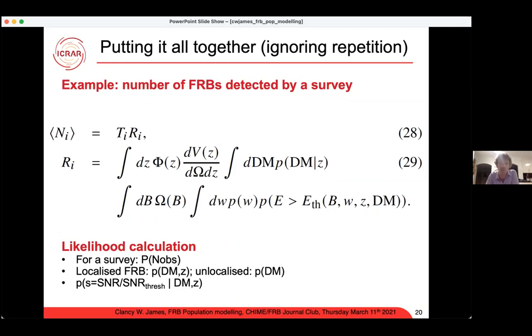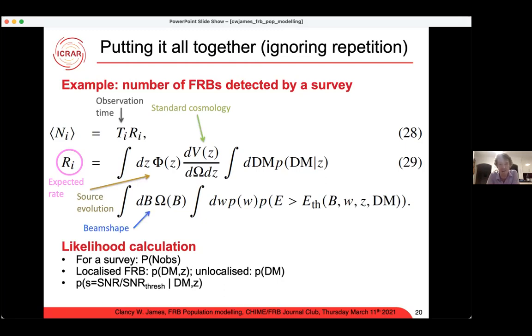Okay, and so the kind of calculation you do looks like this. This will be the only, well, actually, technically there have been other equations, but not really. So you want to estimate the number of bursts you see. It's simply observation time times the expected rate. That does not work if it's a repeater where you get weird bursty things in non-Poissonian distributions, but okay. The expected rate is, well, you need to integrate your source evolution over redshift, right, with standard cosmology thrown in. Depending upon where you sit in the H0 debate at the moment, your definition of standard cosmology might be different to mine, but okay, take something that's not too bad. You need to care about integrating over your telescope beam shape, right?